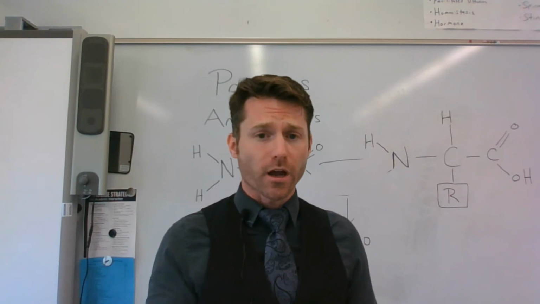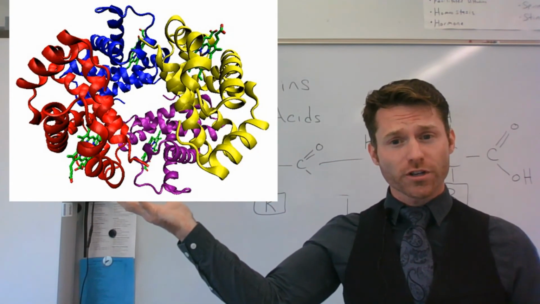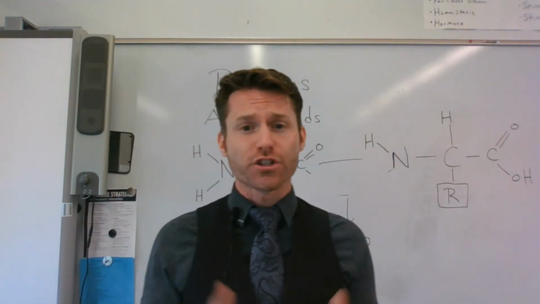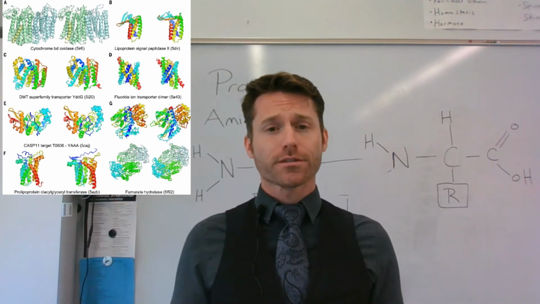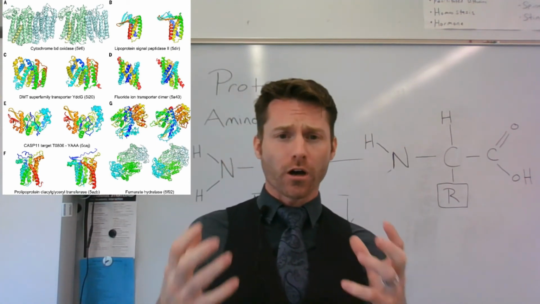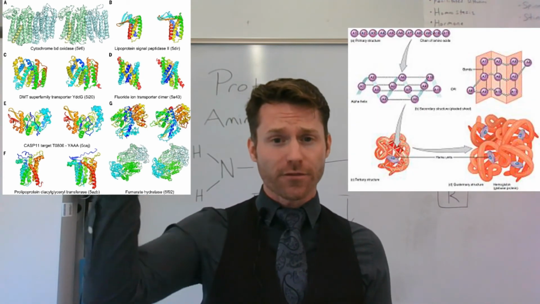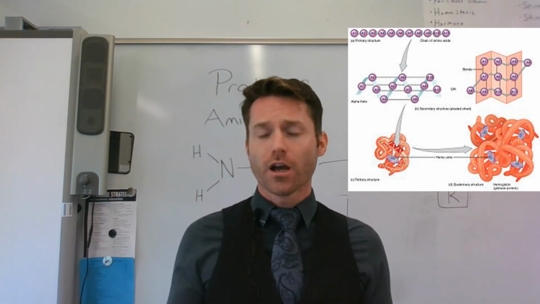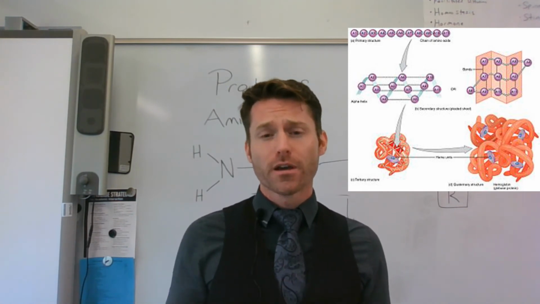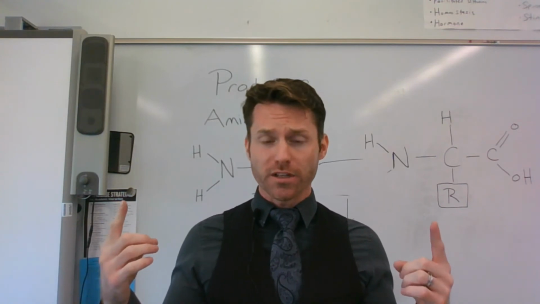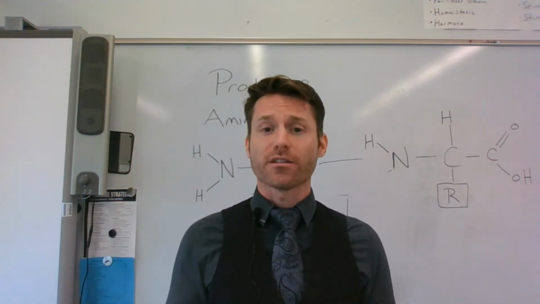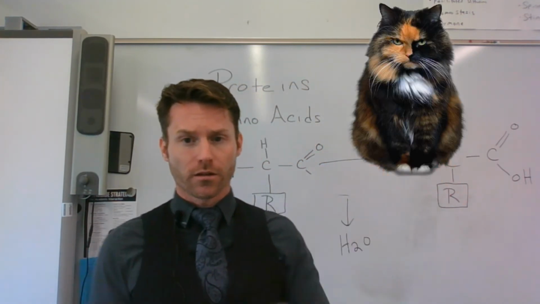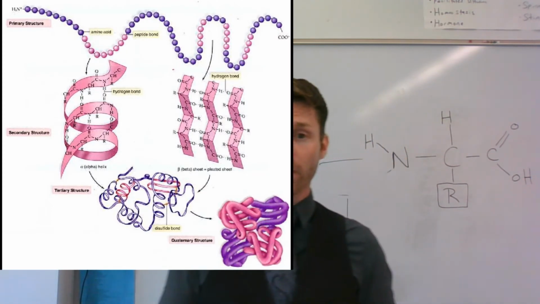So just real quick, I wanted to show you some pictures, models that represent the shape of completed proteins. The structure of proteins is called the protein's folding, and there are different degrees of folding. When we get to the transcription and translation unit of this course, we are going to look in depth at how the shapes of the proteins are formed and how they impact the function of the protein. But for now, I just want you to see that these are what proteins look like.